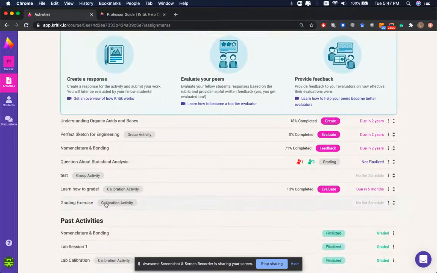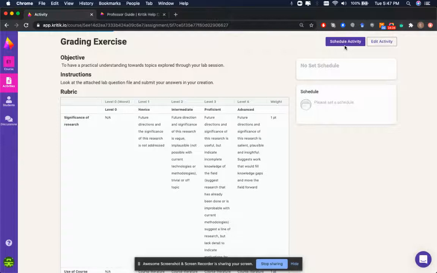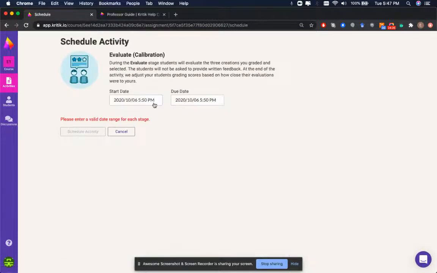Just like any other activity, you'll be asked to schedule the activity to make it visible. You click on the activity, click on Schedule, and you're only putting in the due date for calibration, the evaluate stage. The students are going to only grade those 3 submissions. The whole class will individually fill in the stars for each of those 3 that you chose, and after you finalize the calibration, the students and the system will learn how they should be grading moving forward,